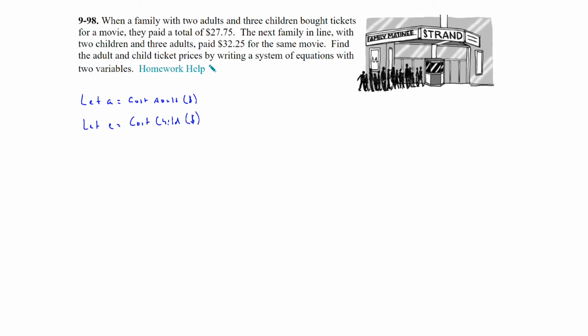And so what do we know? Well, we have 2 families. The first family had 2 adults, so 2 times A would give you the cost of the adult tickets combined, plus 3 children, so 3 times C, and theirs cost $27.75. The next family in line had 2 children and 3 adults. So now we have 3 adults plus 2 children, and theirs cost